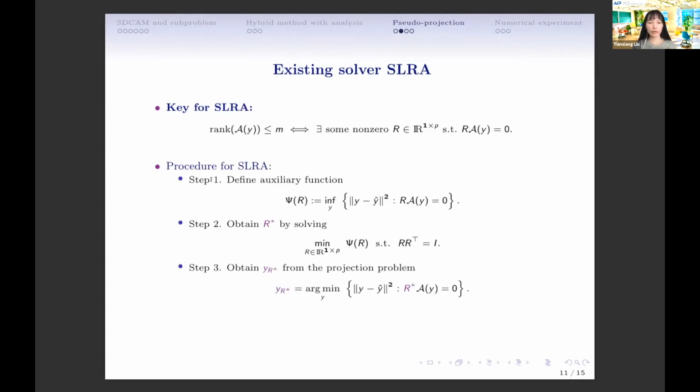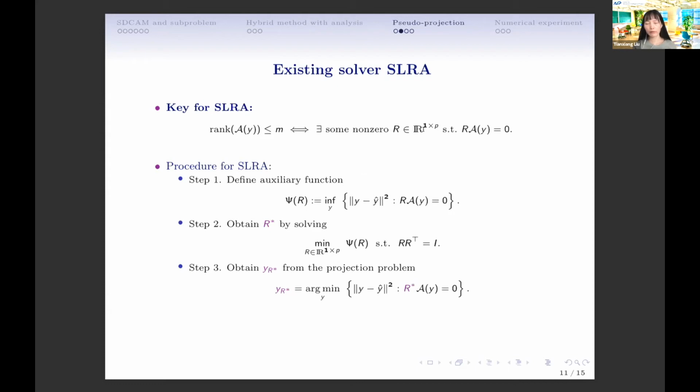And the procedure of the SLRA is basically to first define an auxiliary problem with respect to this R, and then solve this problem with these orthogonal constraints, and then take this solution R star back to the original projection problem, to get the Y star. So